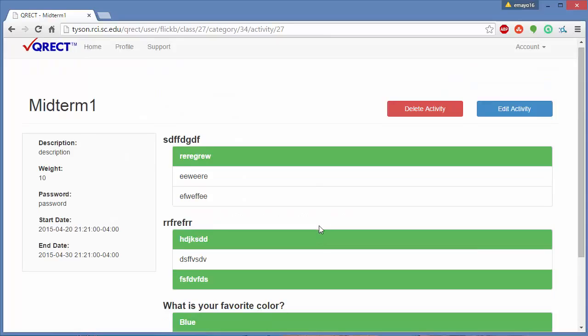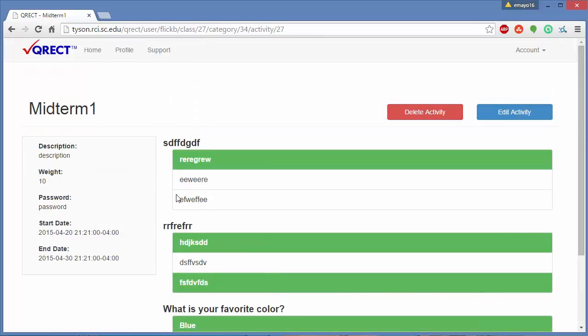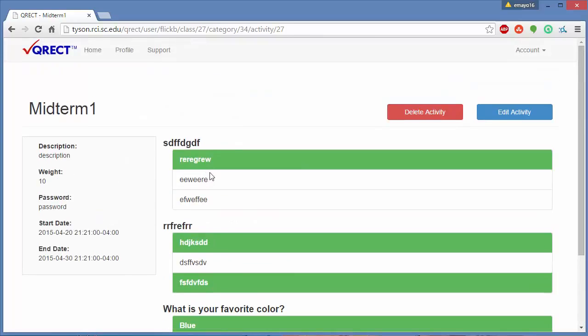for a class that I've already created and go ahead and take an activity. So once again, this is the activity overview page, and it shows you which questions are in the activity, and it highlights in green the ones that are correct. So go ahead and log out of this